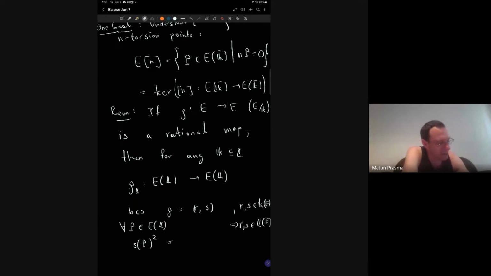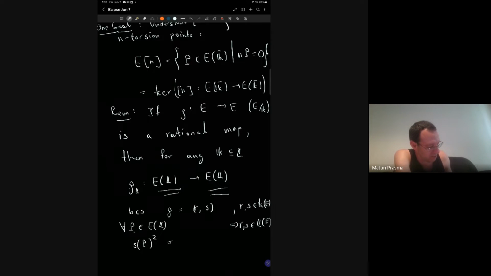I mean, if I have a rational, okay, I'll explain. If I have a rational function defined over K, then I cannot necessarily extend it to a map between E of L and E of L prime, because if I have a point in E of L, its coordinates may not lie in K, and then I don't know that